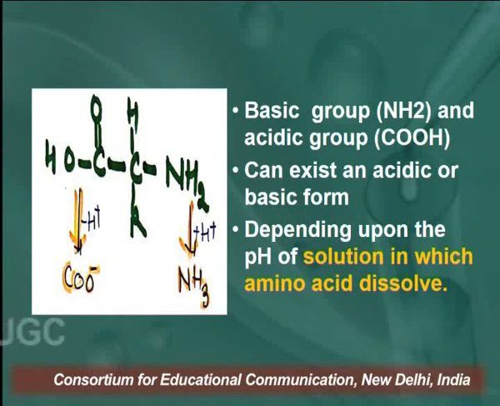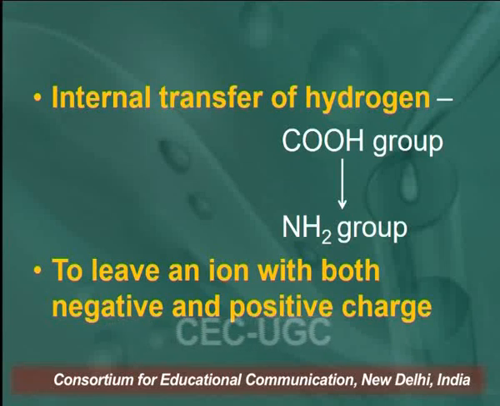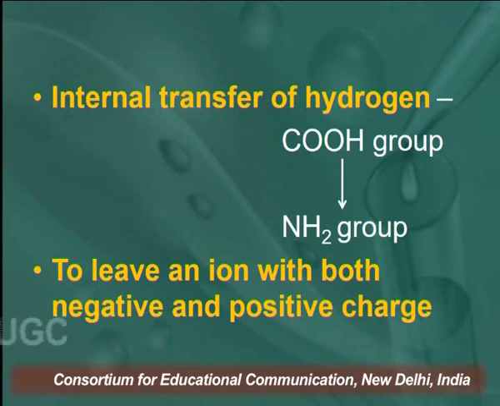So, both the acidic and basic forms we can find in the amino acids. But how can we decide whether the amino acid is basic or acidic in nature? Learners, it depends upon the pH of the solution in which the amino acid is dissolved, like when internal transfer of the hydrogen occurs, because there is a COOH group on one end and an NH2 group on the other end. So, when hydrogen transfers internally from the carboxylic group to the amino group, it leaves an ion with both negative and